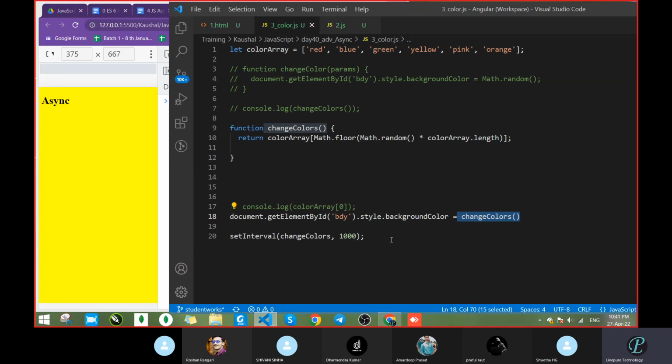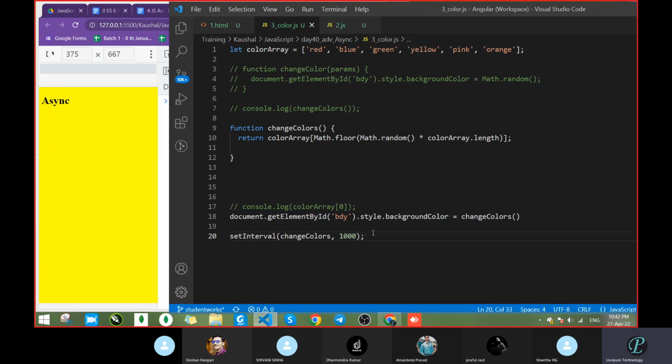Any idea, anyone? So we will do it, only then will we find out. Because after 1 second, this function has to be called, but it's not calling that function. Okay, let it be.